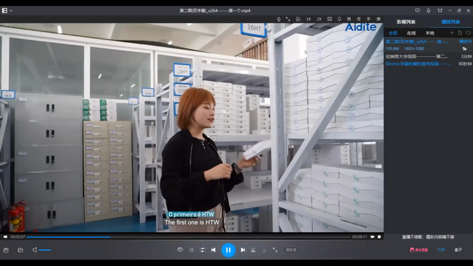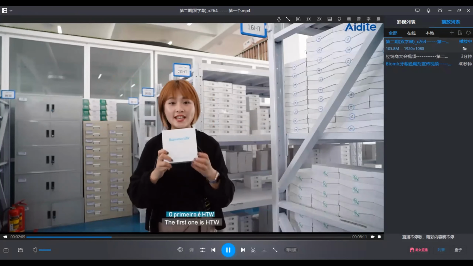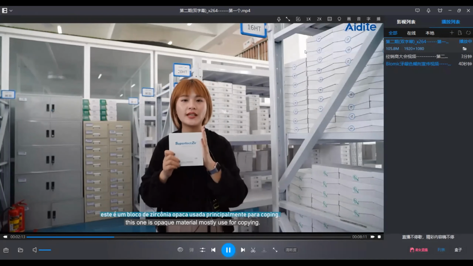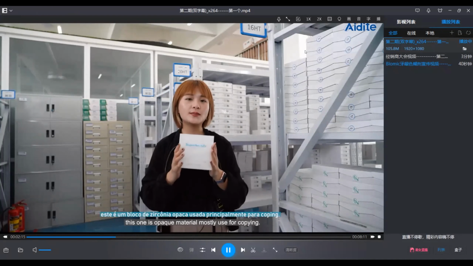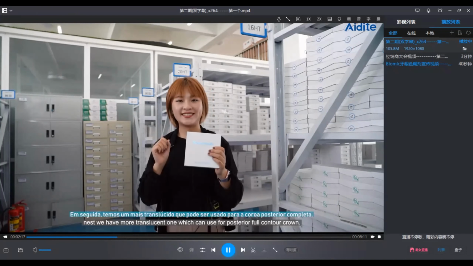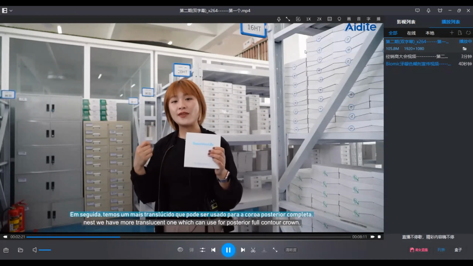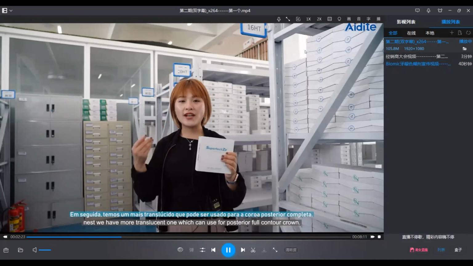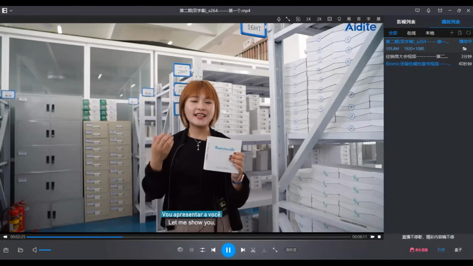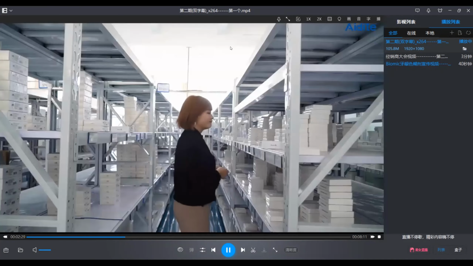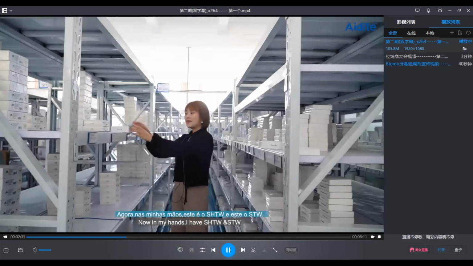The first one I want to introduce to you is the HT material. This one is the opaque zirconia blocks, and we use it mostly for the copings. And next we have two more translucent ones, and we can use them for full contour posterior crowns. Let me introduce them to you. Okay, so now in my hands, this